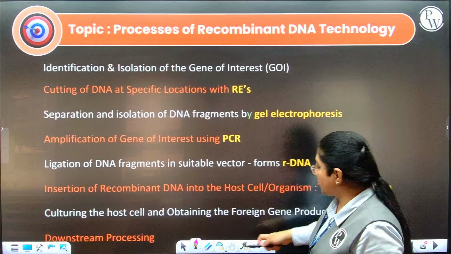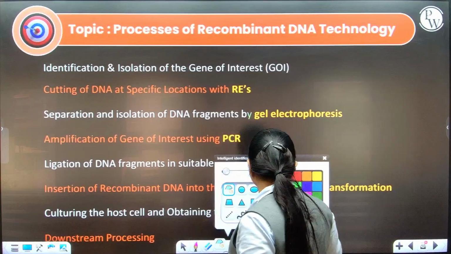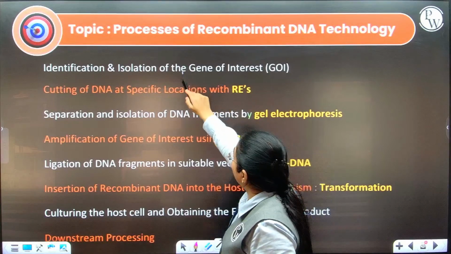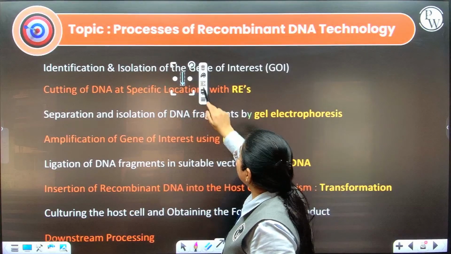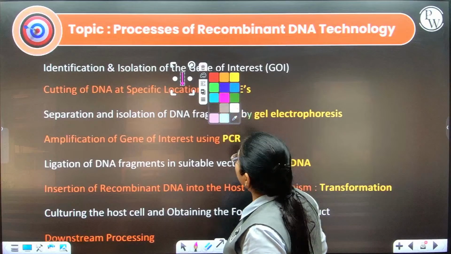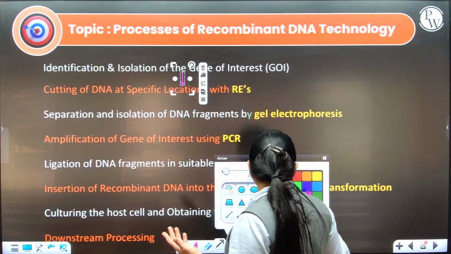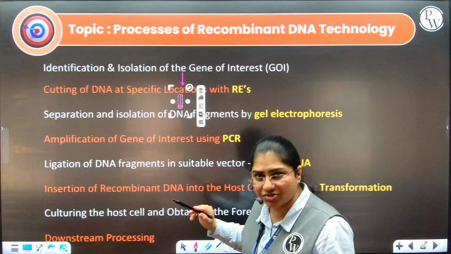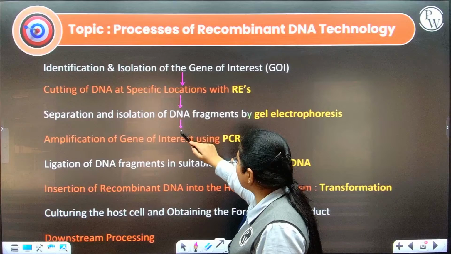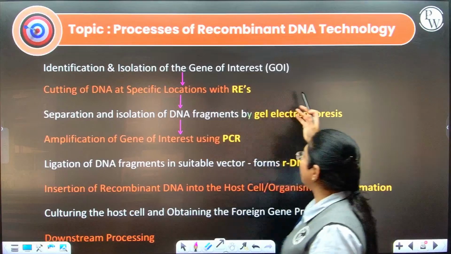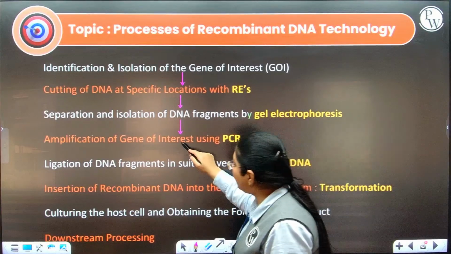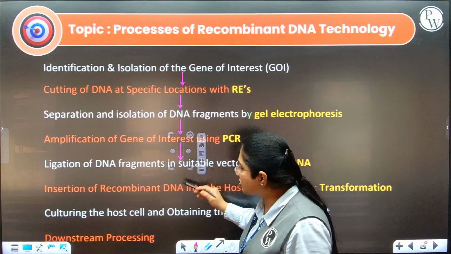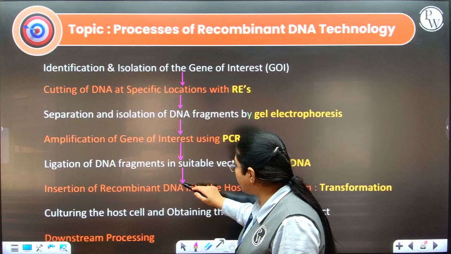Identification and isolation of gene of interest. We have to first identify our gene of interest, post which we will have to cut the DNA at a particular specific location with the help of RE, that is restriction endonuclease, which is a molecular scissor, separate and isolate by gel electrophoresis, amplification of a gene of interest using PCR, polymerase chain reaction, ligation of the fragments using